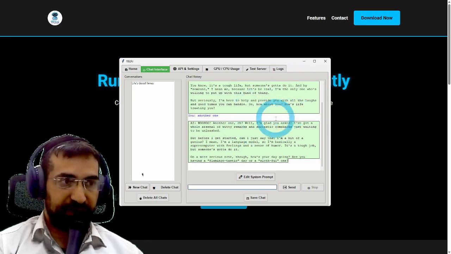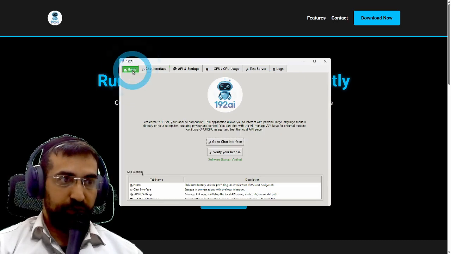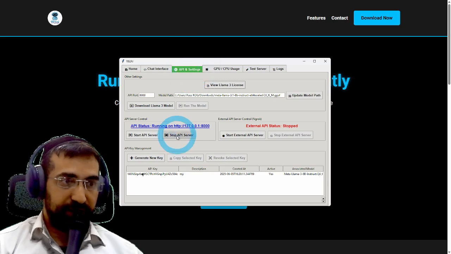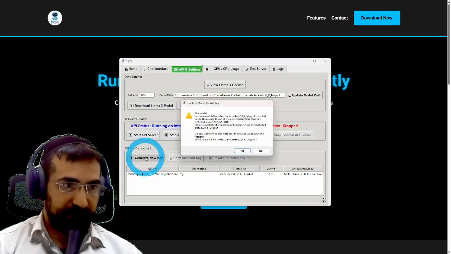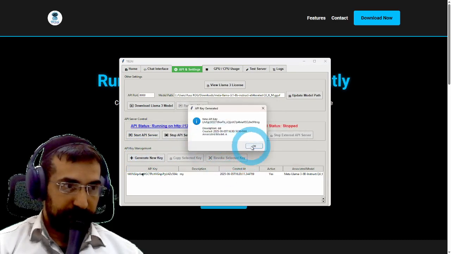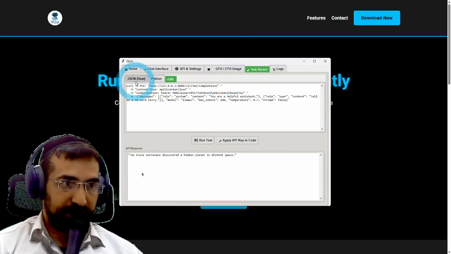So here it is right now. I've actually started using it already, having a laugh with it. And so when you arrive, you have to click verify. But after that, you can literally create a server. So to create a server, let me just show you how that looks over here. Start API server, then you have a server over here. And then you can create API keys just by clicking here. There we go. I just created another API key,